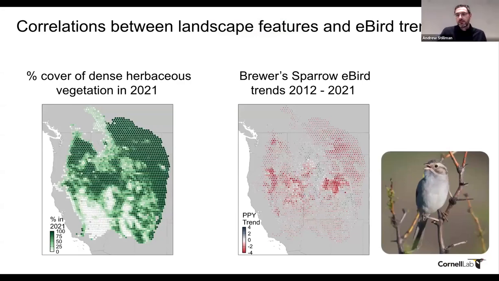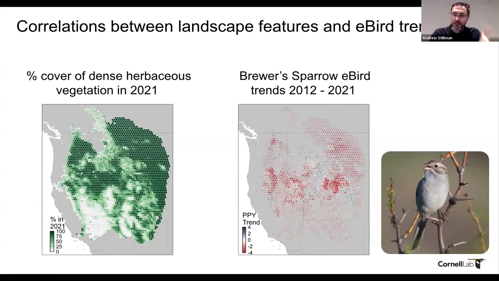Well, thanks for those examples. Those are really useful ways to use these spatially explicit trend estimates. And of course, the fact that the eBird trends are spatially explicit makes them a really powerful tool to understand what's going on with bird populations. And as part of this, we've seen a lot of interest in overlaying maps of habitat features with eBird trend maps to start looking for patterns. For example, are there correlations between a specific habitat type and population trends?